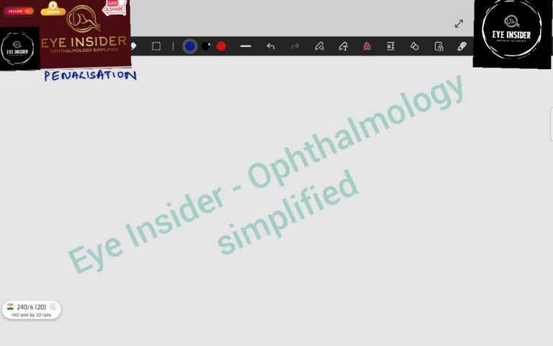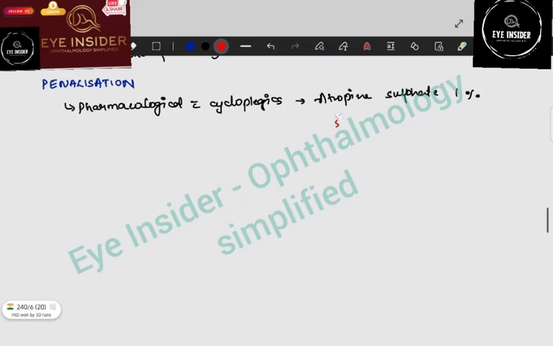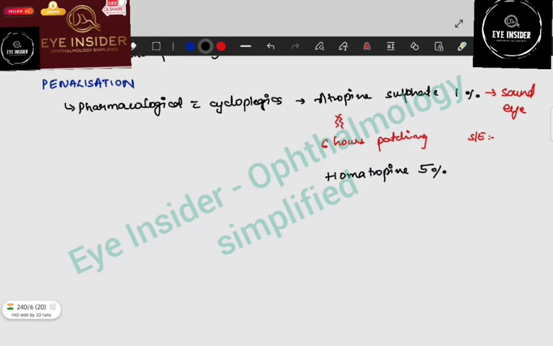Coming to penalisation. It is a pharmacological method which uses cycloplegics. This dilates the eye and relaxes the sphincter muscles, which forces the use of the other eye. We can use atropine sulfate 1% in the sound eye, which is almost equivalent to 6 hours of patching, but there are side effects with atropine. Therefore homatropine 5% can also be used, and it is said to be equivalent to almost 2 hours of